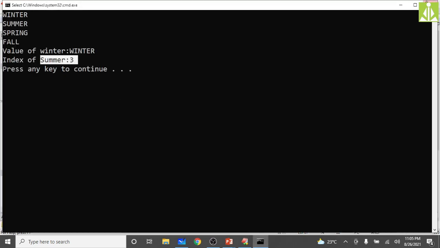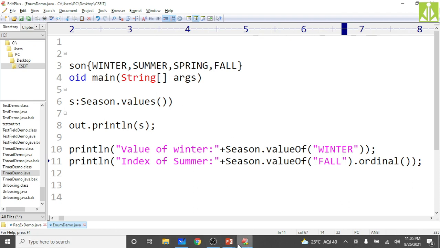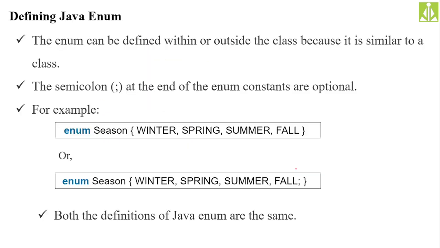As you can see, we got 3. Okay, so hopefully you understood this one. So the next thing, you're defining an enumerator inside the class, outside the class, like a block, it is possible. Okay, so as you can see, these two definitions I have given, here we don't have the semicolon at the end. In between the enum and the curly bracket there is nothing, but here we have a semicolon. So these are the two approaches using which we can define the enum.